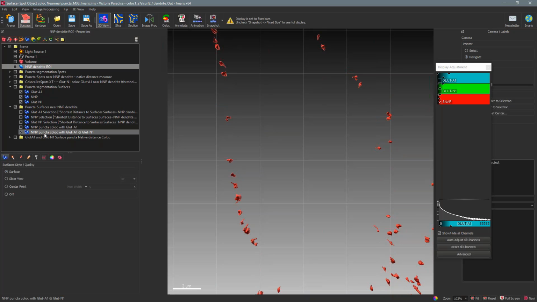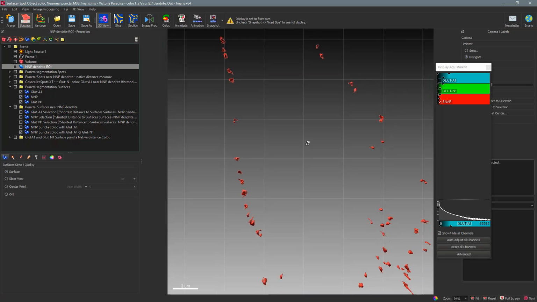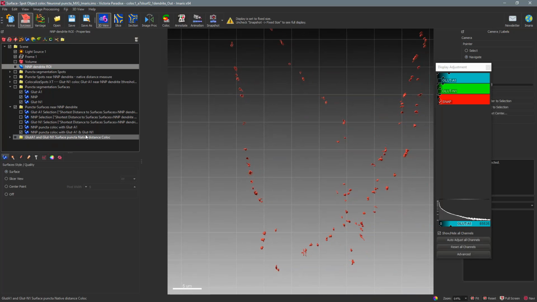So these are the ones that are triple co-localized, that are touching not only a glued A1, but are also touching a glued N1. And so it gives you this idea of quantifying the morphological arrangement of these puncta, and you can do any permutation of this that you wish. Again, I just did this because this is what the customer was looking for, but I think there's a lot of potential options here to do these types of co-localizations using the native distances within MARS to quantify the morphology and the structure function of these red axons, dendrites, with other markers within your